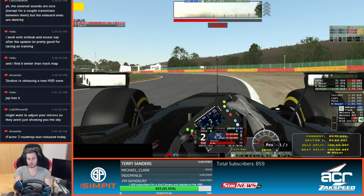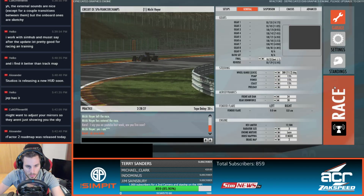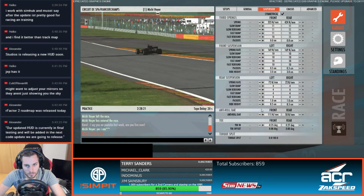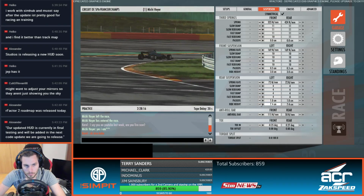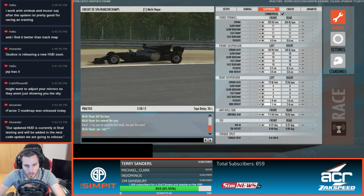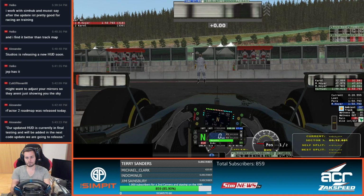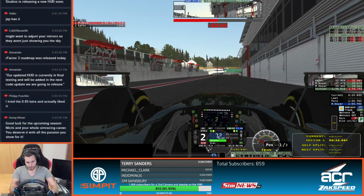No, that is wrong. You should not be able to catch that spin what I just did. I should not be able to catch that spin. Our updated HUD. So